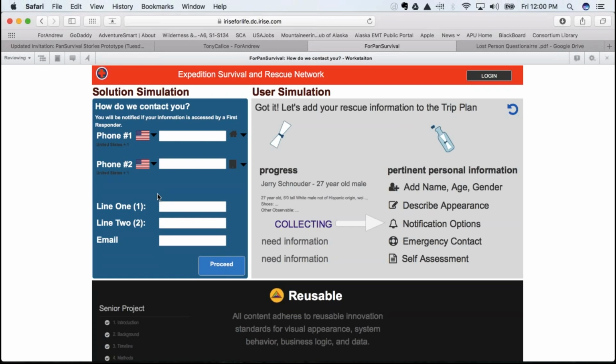Okay. So my thought is, we'll have one more like, how do we contact you, and then just put in one more thing, or just create a PanSurvival account. Yeah. Okay. And then we'll have that text, or we'll say, or just click login to create a PanSurvival account. Okay. Yeah, that works. They would click login, and if you go up to that top right and click the login button,